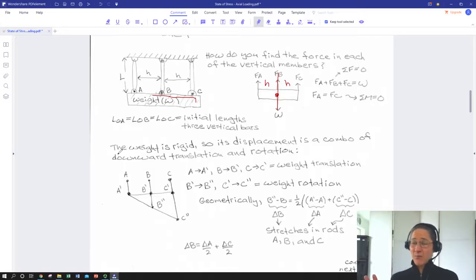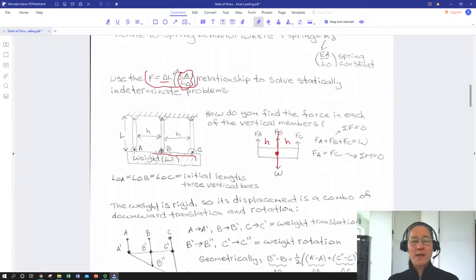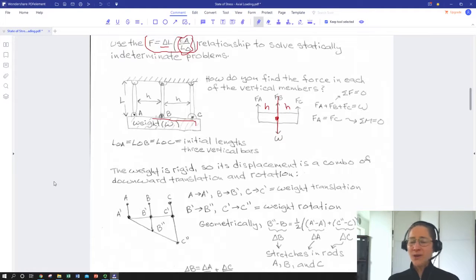Now here's where I have to step back. If they were all made of the same thing and they all had the same area, we could probably make some assumptions about what delta L is going to be in each case. But at this point, we're holding it open. We don't know what they're made of. Maybe one of them's rubber and one of them's steel, so we're going to have a different modulus. Maybe one of them's really skinny and one of them's really fat and made of the same material. So right now, we can't make any assumptions